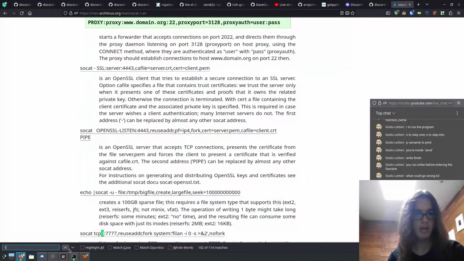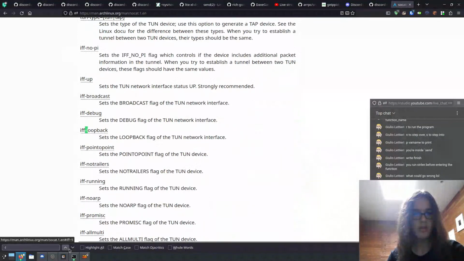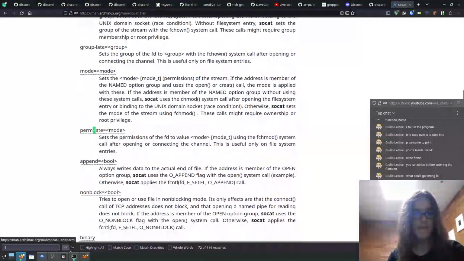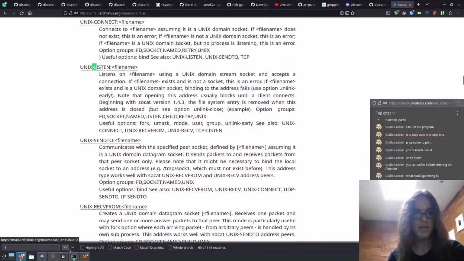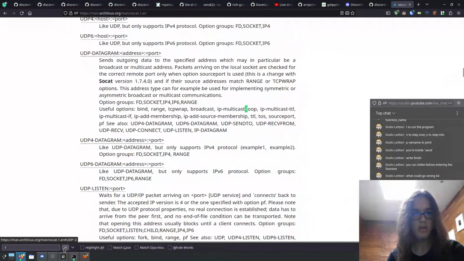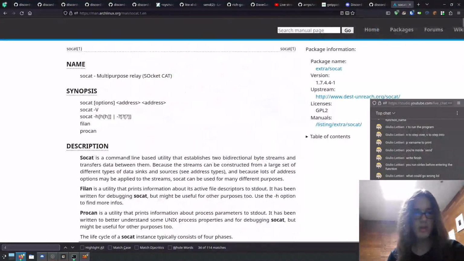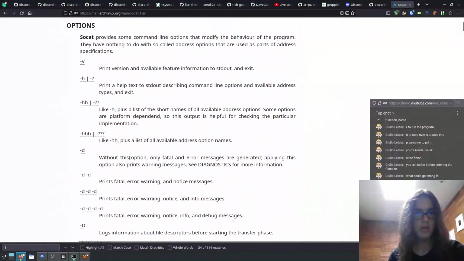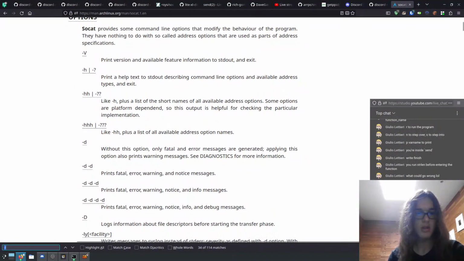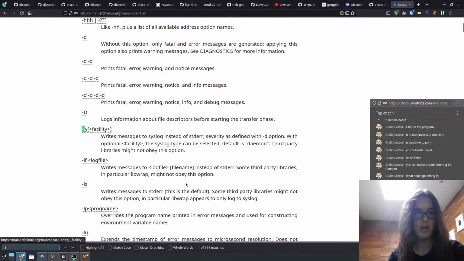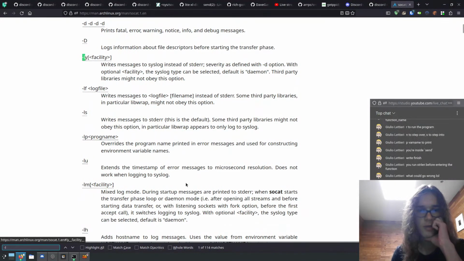Why does it put me all the way down here? Options. LY, dash LF, dash LS